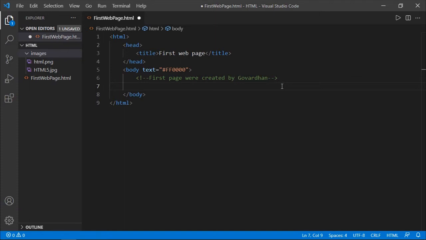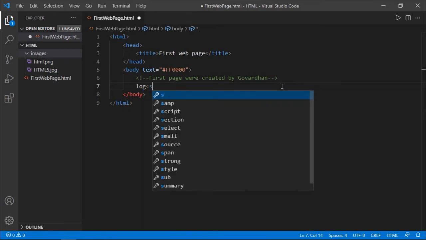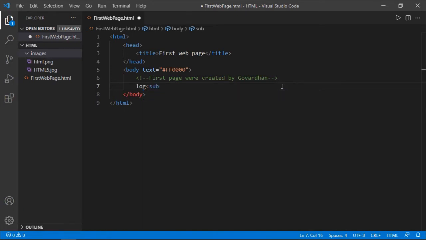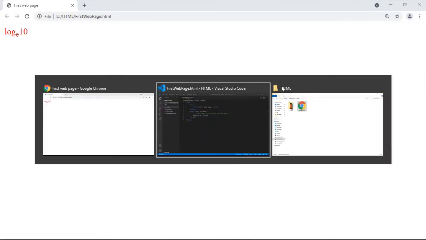For this purpose we use the sub tag, which stands for subscript. You place e here, followed by your value. Now observe the output. It displays log 10 with base e. So this is about the sub tag.